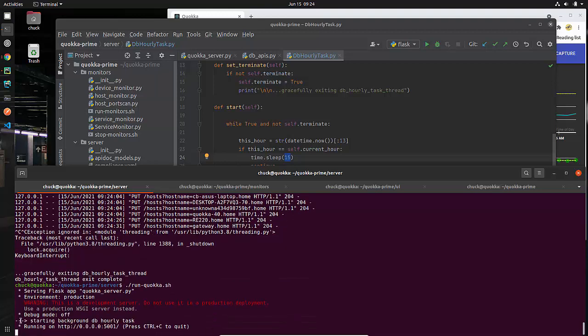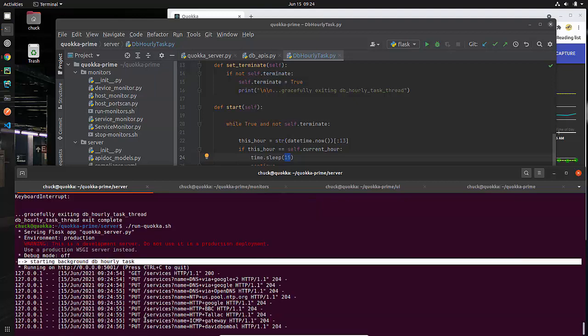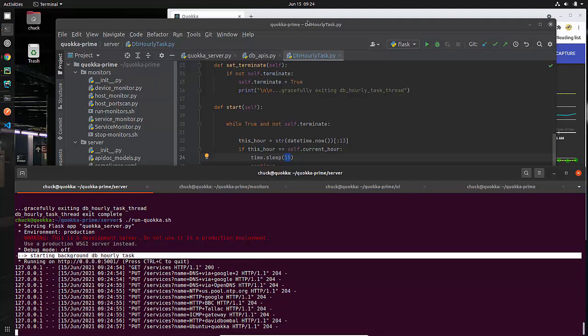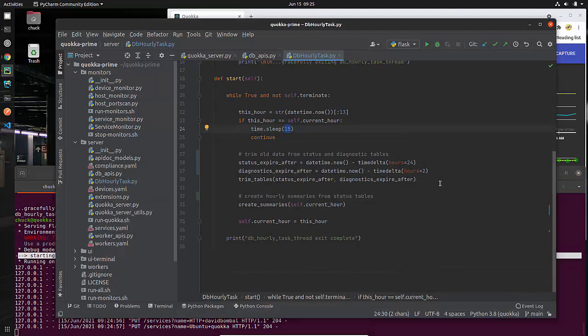And you can see here, this is the code that I printed when I said I started my task. So now that is back and running. All right, let's look at what this code does. There's really only two pieces that you need to care about in here. One of them is this.